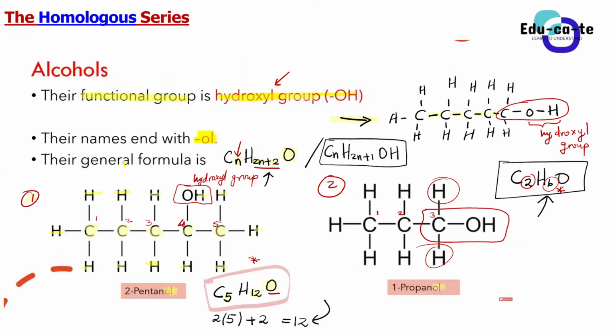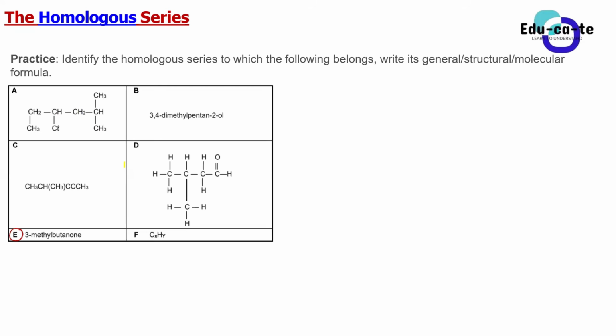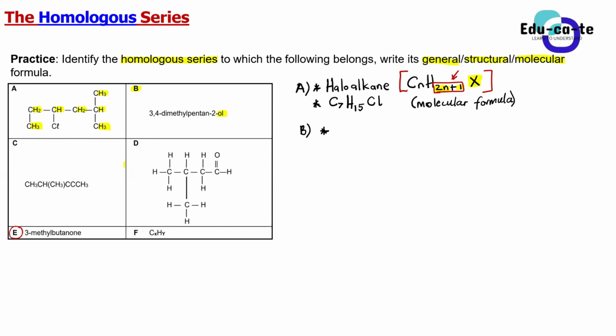So even when you are given the name of the organic compound, you are able to identify the homologous series by looking at the suffix of the name, the last part of the name. So you guys must be able to identify the homologous series just from the name. You don't really need to be given a structural formula. I know we have not started with naming yet, but I just wanted to test if you guys went through the stuff that I gave you. And it clearly shows that some of you didn't.